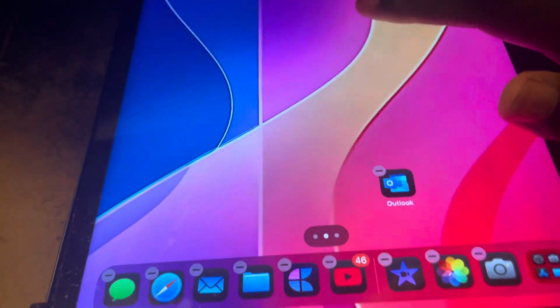let me just turn the brightness up a little bit here. With the home screen, you can drag an app anywhere you want. And the same thing applies to widgets. You can drag an app anywhere you want. So say if I'm going to add this YouTube widget here. If I want it to be here, I can have it anywhere I want. And the customization doesn't stop right there,